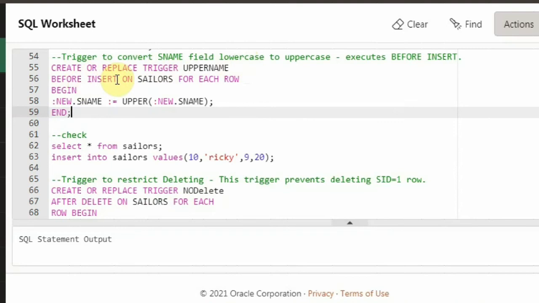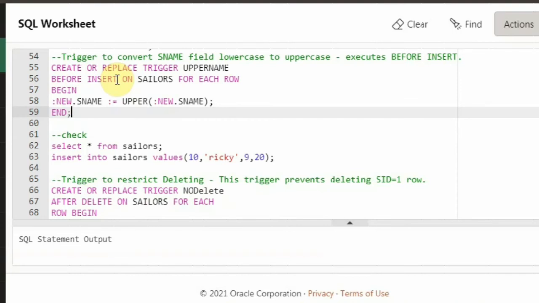Here is the trigger name, and then we are saying before insert. These are the timings when you want to fire the trigger. As I said, the definition of the trigger is that it is a stored program which is automatically executed or fired when some event occurs. I told you the events can be data manipulation language and all that. Data manipulation commands are insert, delete and all that.